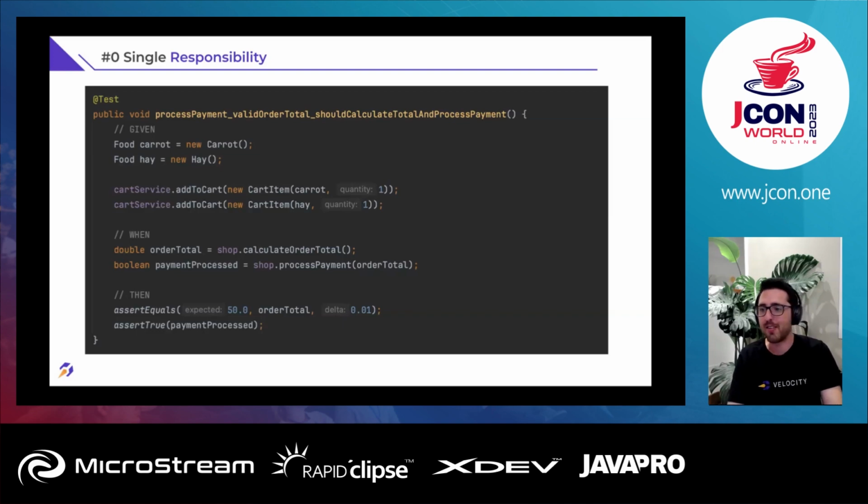So in this case, it's obvious that we need to split this test into two functions, because if this test fails in its current state, we need to check the error and see the code to understand exactly what failed. The order total was wrong, or the payment wasn't processed, it's not indicating anything, okay? So one test, one purpose, one responsibility.